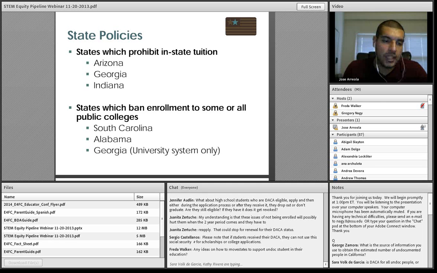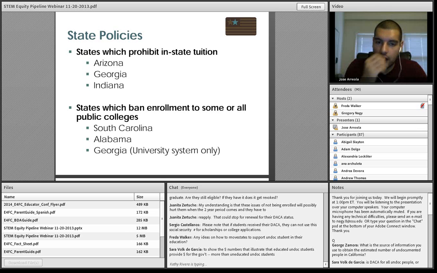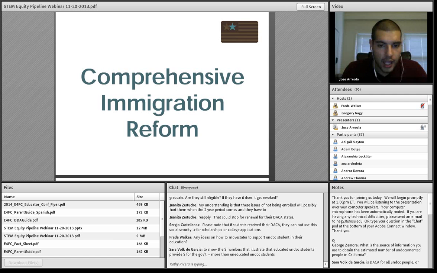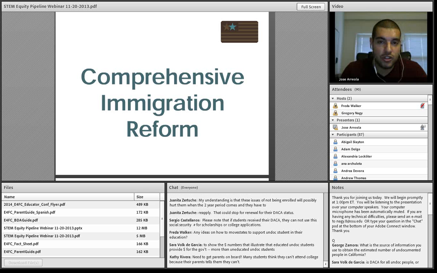So it's been really a tremendous model for folks not being stopped by even what is a tremendously restrictive ban on their enrollment. And then we have CIR. As of last winter, we have been all hands on deck trying to pass comprehensive immigration reform for the first time really in about 30 years. Again, we have 11 to 12 million undocumented folks in the United States, and